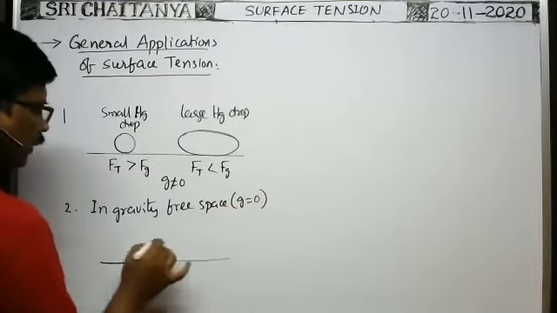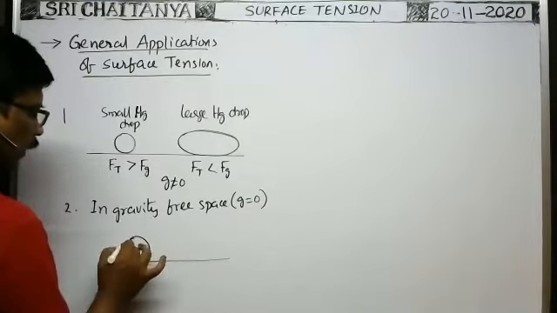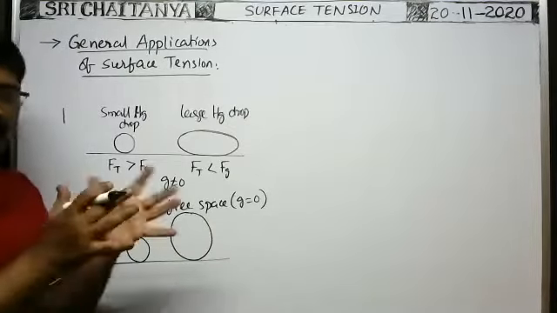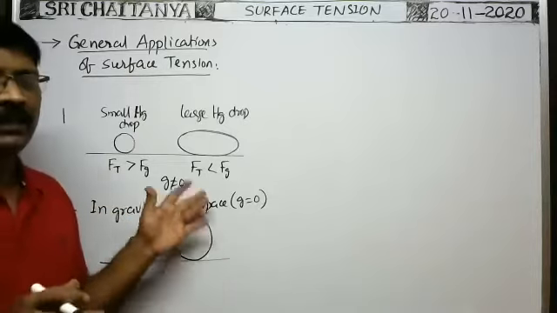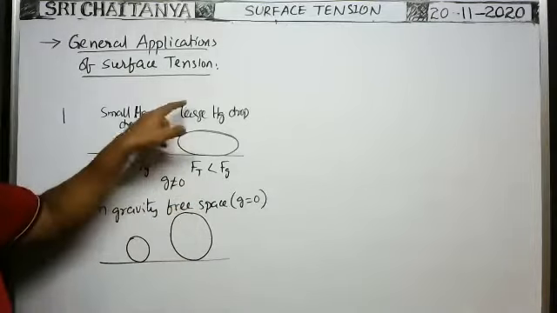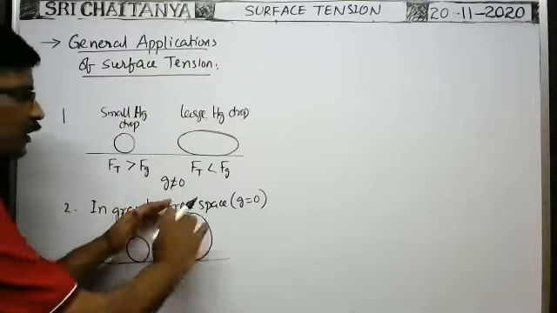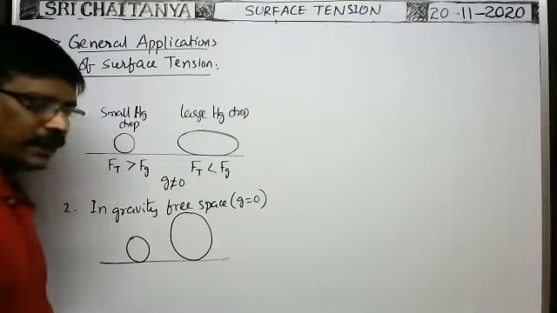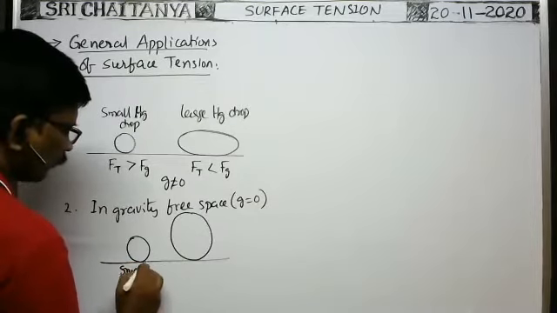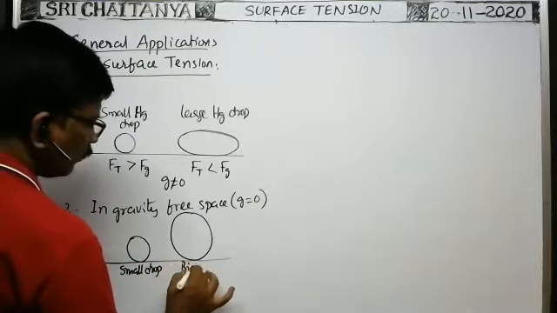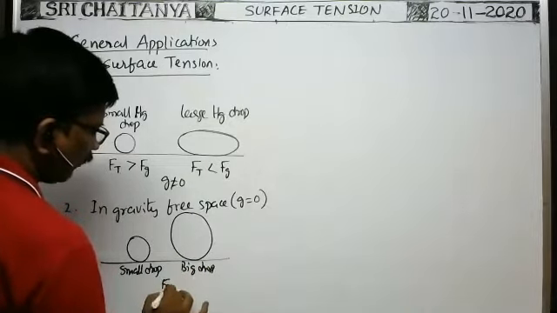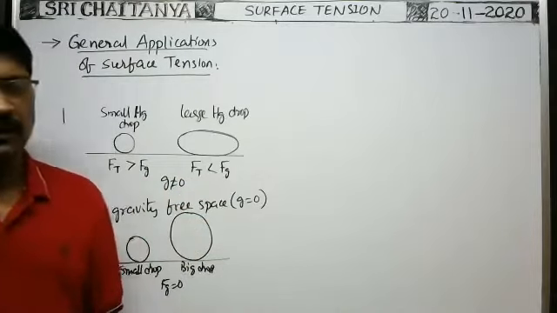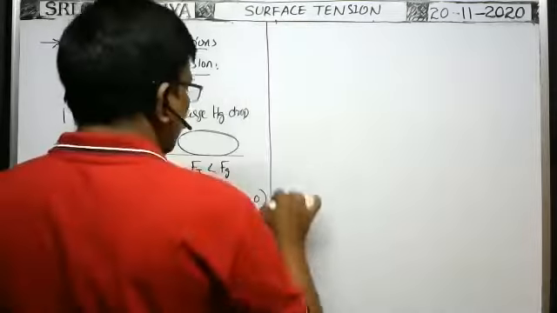In such a case, if you take a small drop, no doubt it is spherical in shape. Even if you take a large drop, it is spherical in shape like this. Whatever the size of the liquid drop, whether small or large, if gravity is not there, as no gravitational force acts on the large drop, because of surface tension all atoms or molecules on the surface come closer so that it acquires a spherical shape. In this case, force due to gravity is 0, so whether the drop is small or big, both acquire the spherical shape. Okay, so this is one point.